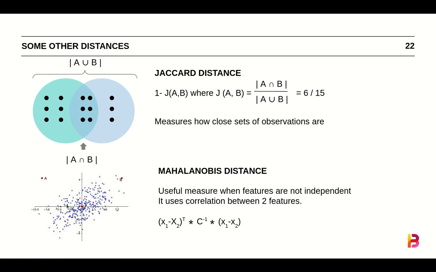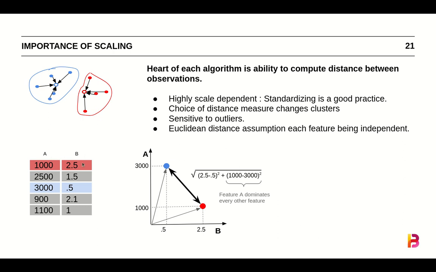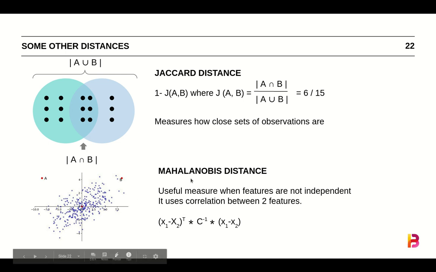I would suggest you Google around a bit on why this is used, but often if you think that your variables are not truly independent, then I would suggest that instead of using Euclidean, use a Mahalanobis distance. The way this distance measure works is it starts drawing contours, and even though point A and B are equally distant from origin, point B is more likely to belong to this group than A, because this is how the distance is spread.